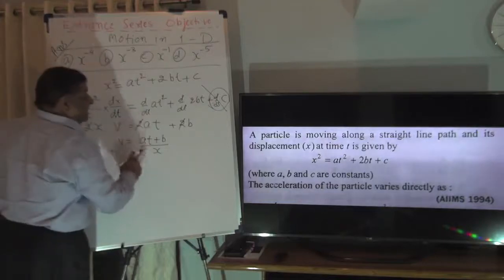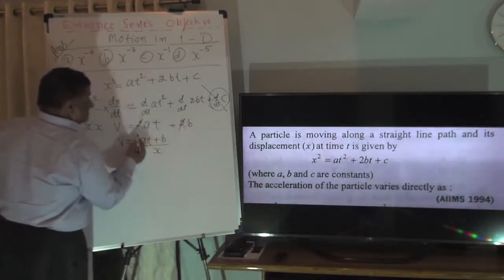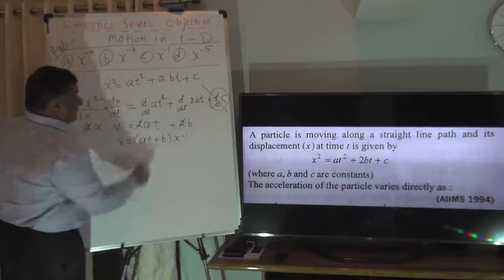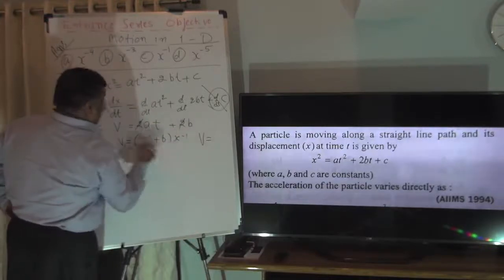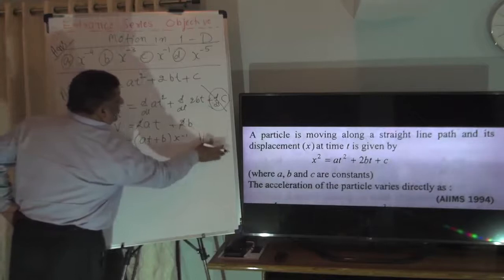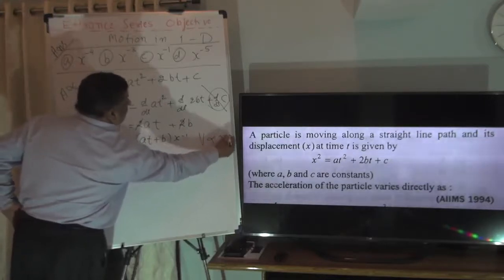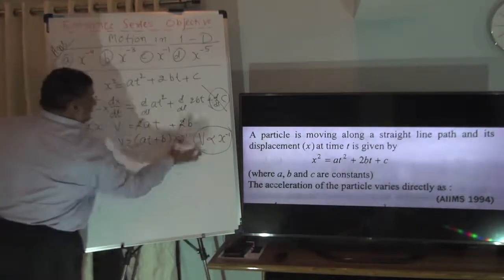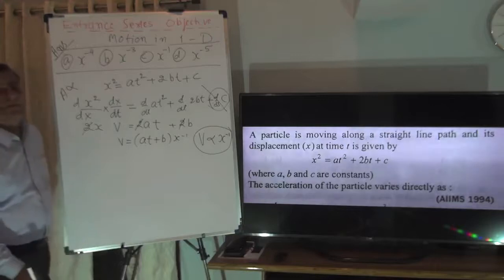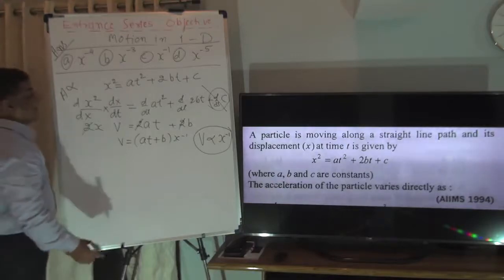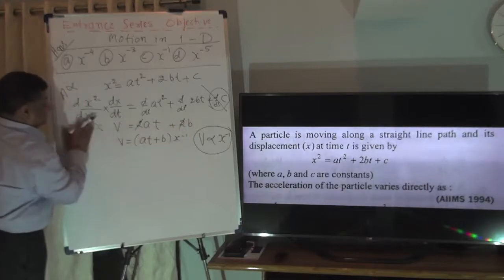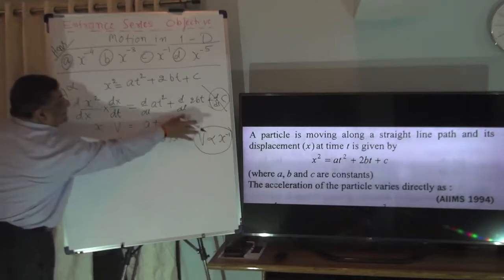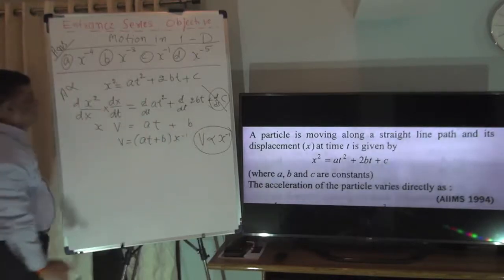With this we can find a relation: x will go here as x to the power minus 1. So we can find the conclusion that v is proportionate to x to the power minus 1. Okay, we have reached this conclusion. Now, but we have to reach acceleration. Acceleration is dv by dt, so we use this. This is xv is equal to at plus b.